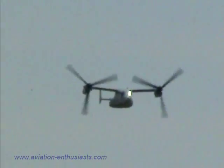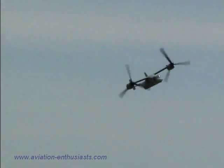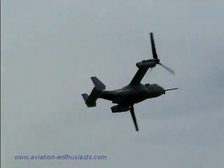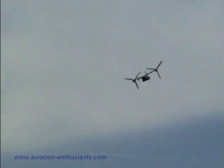That's what they're talking about on the B model, is adding at least a gun to it. I could almost feel it when it was going by. Ladies and gentlemen,